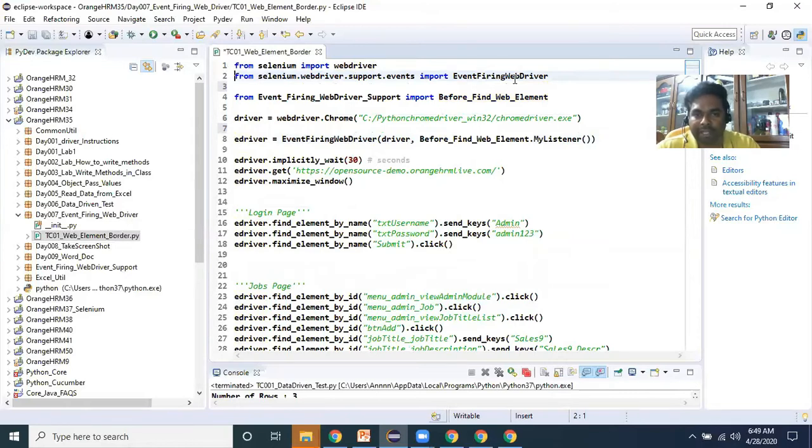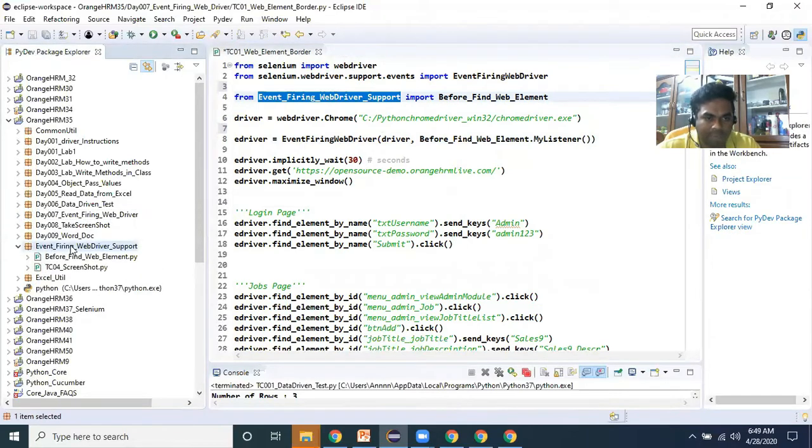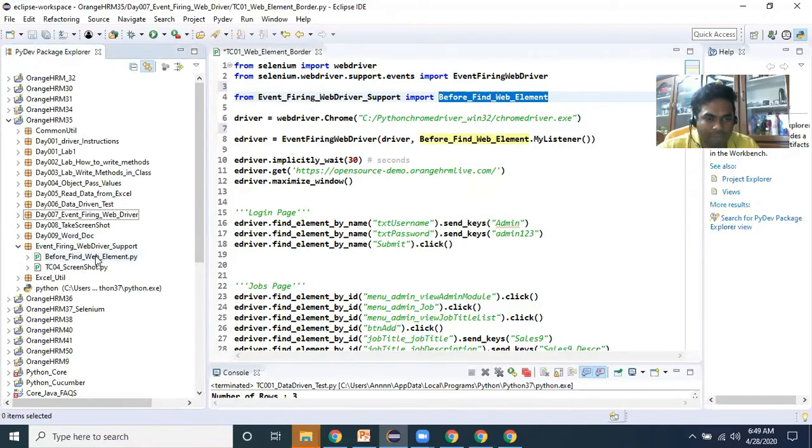Similarly, to create event firing WebDriver, we have to write like this. I'm writing event firing WebDriver with the support of the event firing WebDriver class, and I'm creating an object as e-driver. Under this one, I am giving the input argument as this driver. In my package, there is an event firing WebDriver package, and under this there is a before find web element Python class.